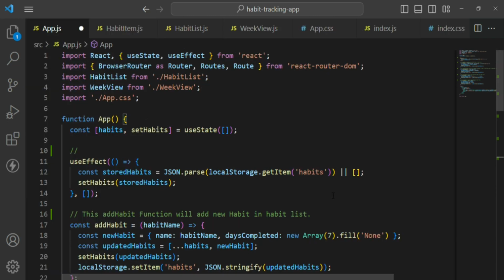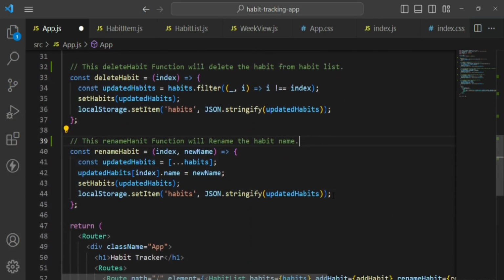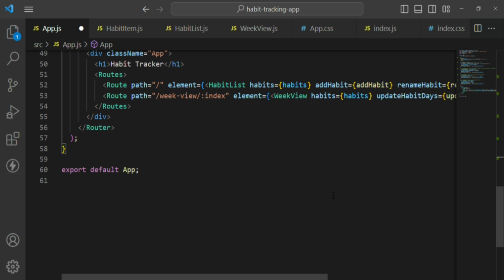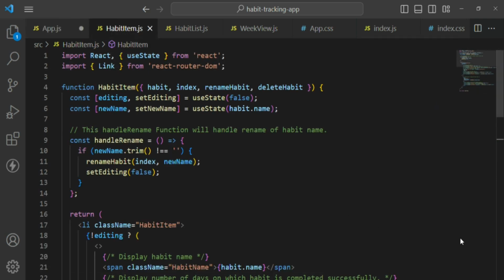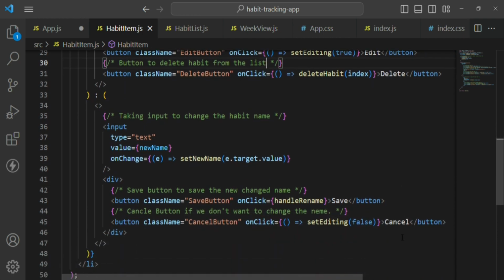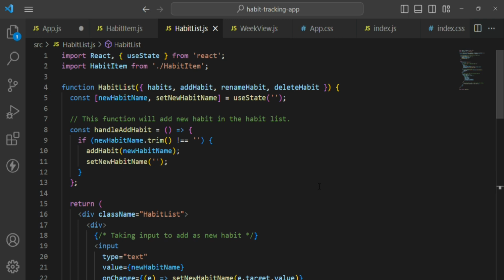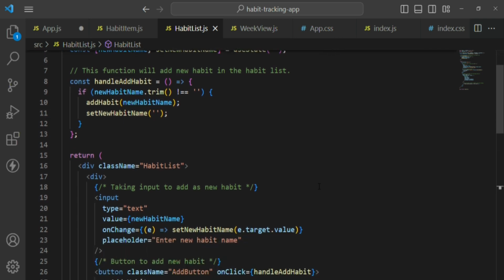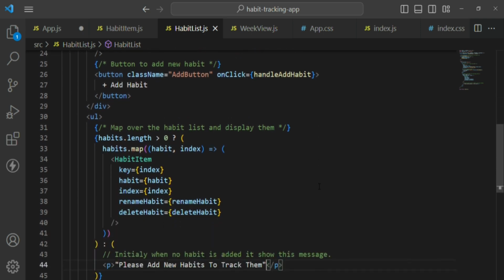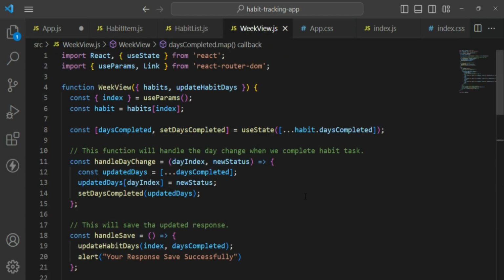Now this is the code of my app.js file. Now this is the code of my habit item.js file. This is the code of my habit list.js file. This is the code of my week view.js file.